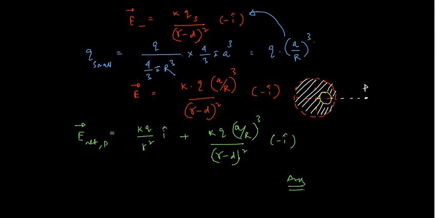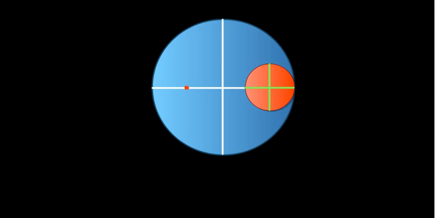You can further simplify it by doing the calculation, and I am not in a mood to do the calculation at all. Chalo, let's move on. Next one. Same situation, there is no difference at all; I will just change the values a little bit. Let us say this is capital R, and this distance is R by 2. So this total is R by 2, which means its radius is R by 4.